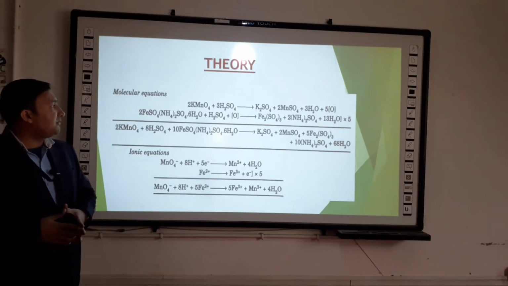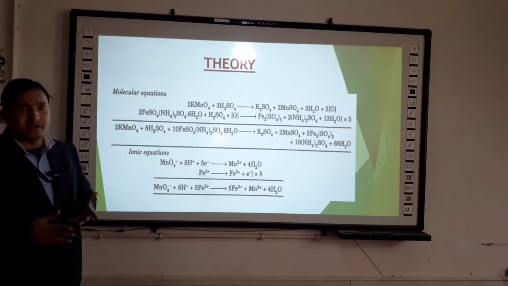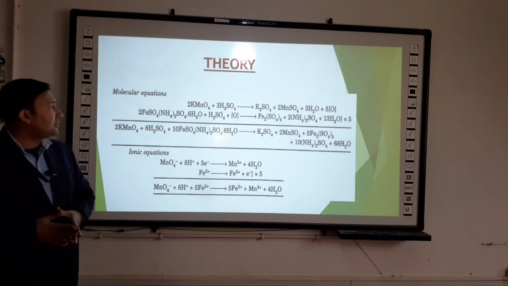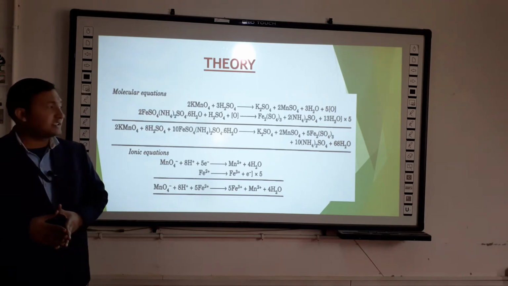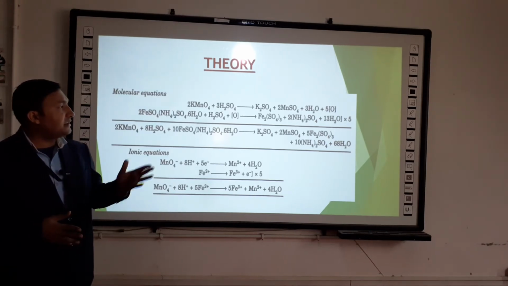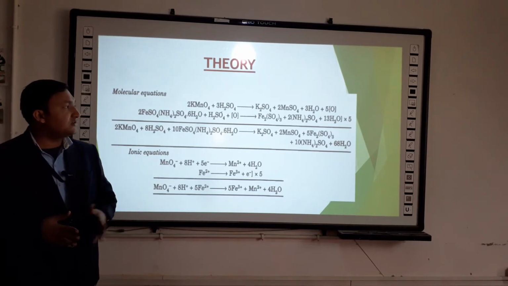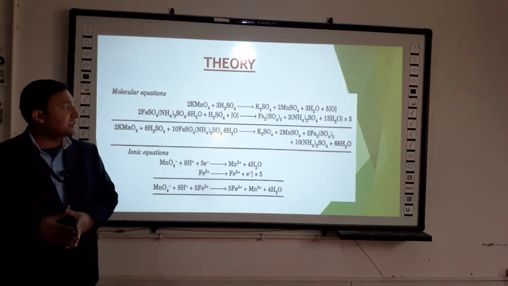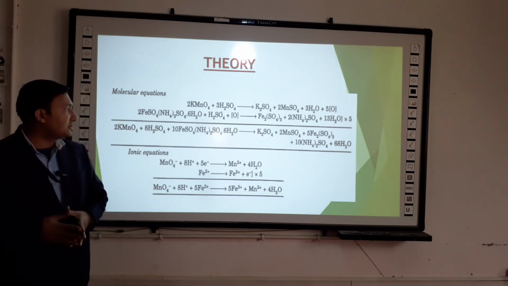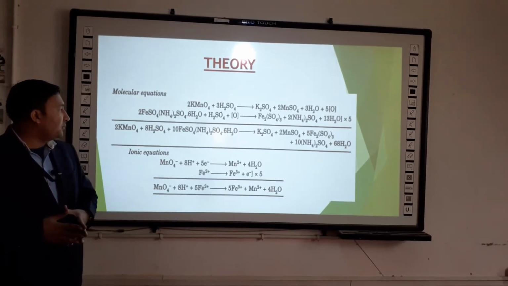The next part is for ferrous ammonium sulfate, commonly known as Mohr salt. It is FeSO4 dot (NH4)2SO4 dot 6H2O plus H2SO4, and the nascent oxygen, which will work as an oxidizing agent over here, will further oxidize it into ferric sulfate, ammonium sulfate, and water molecules. So the total reaction is in front of you.